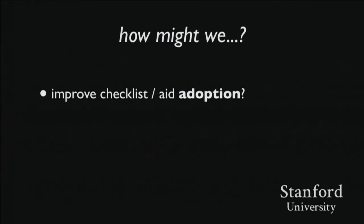So in terms of what we do as technologists or as human-computer interaction specialists, we thought a lot about how might we do better. In what ways can you understand these existing work processes and use technology to make these processes better? So we thought, how might we improve the adoption of the checklists and aids? So we watched dozens of doctors go through these scenarios, but even though they were trained in their